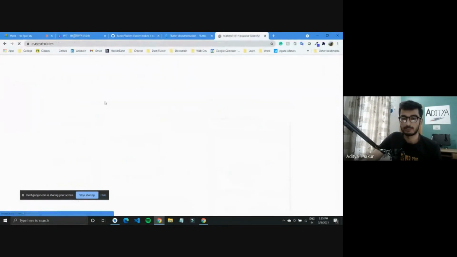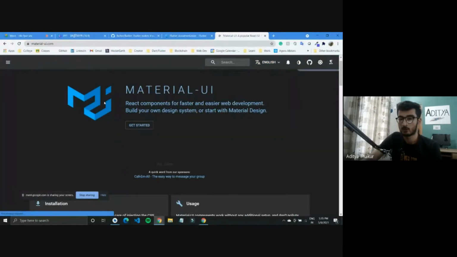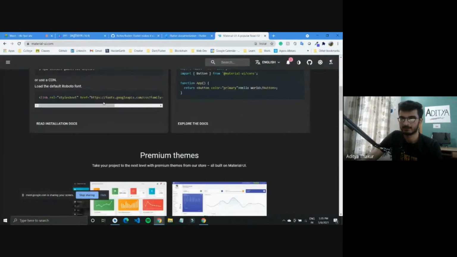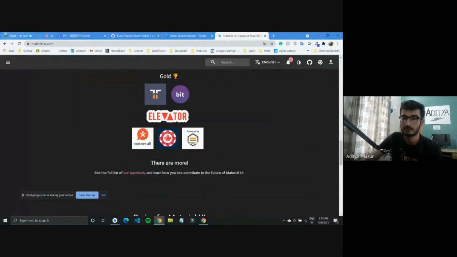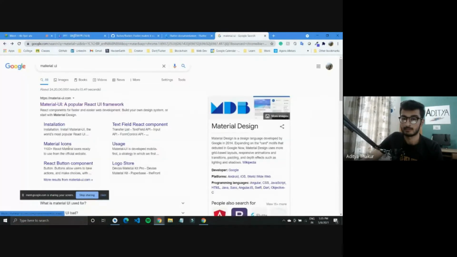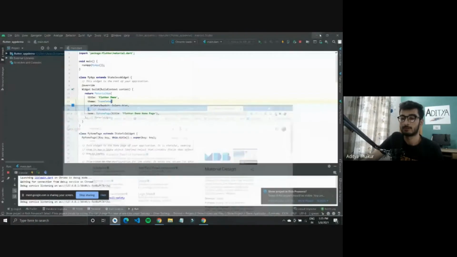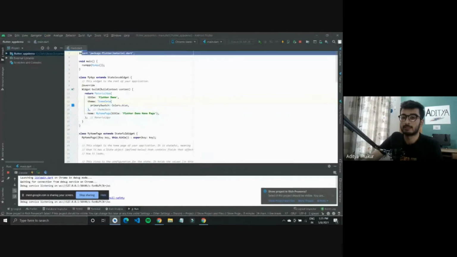It's a popular framework, derives a lot of features from it, and you can check out what all is available in it for Flutter. There are different components in it, as in you have buttons, etc., which you can use within your Flutter application. We import material whenever we start a new Flutter application, or whenever we are writing Dart code.